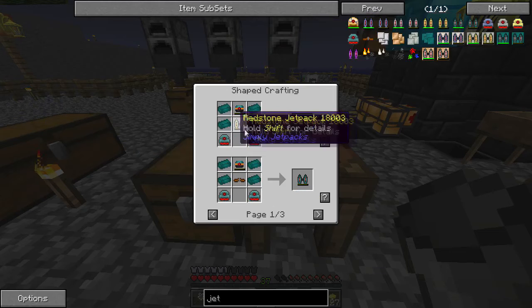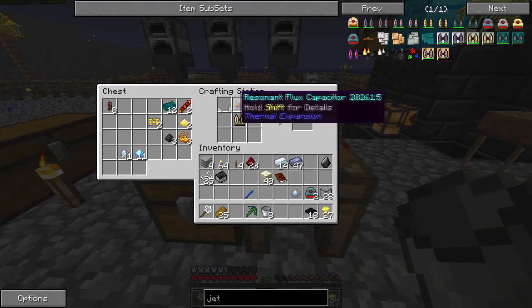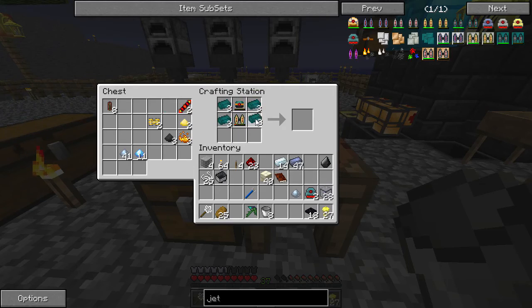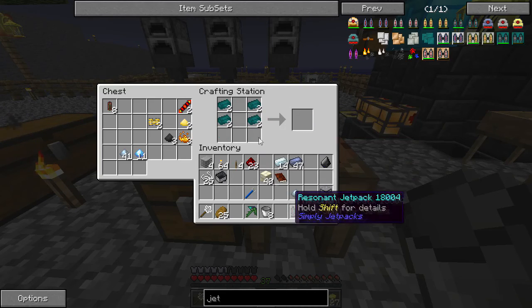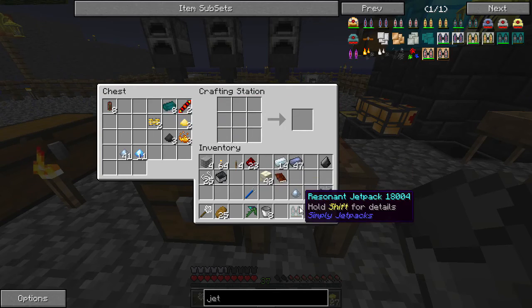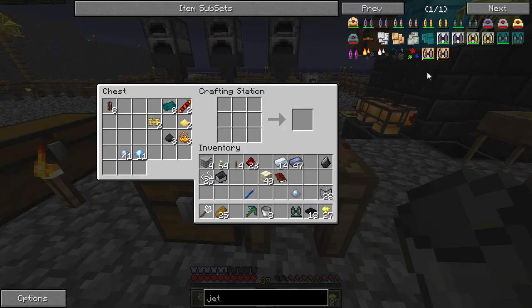So now all we need is 4, which we have. We can do this. We can do this right now. Redstone flux capacitor. And 1, 2. And there it is. Da da da da. We have our resonant jetpack. And we're not going to leave it there because I'm sick to death of getting beaten to death by